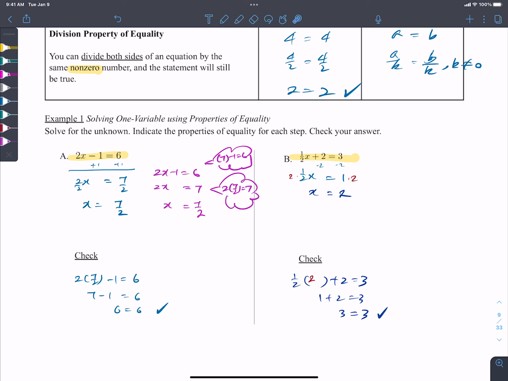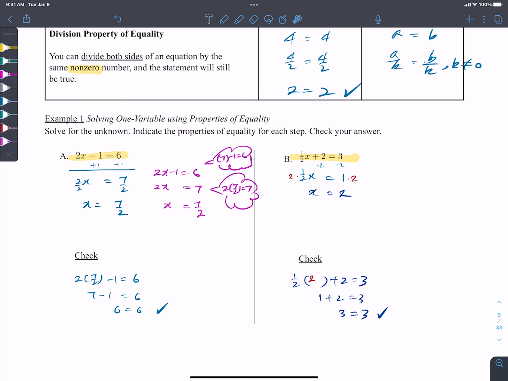Another way to think about this is 2x minus 1 equal to 6. You could think of 2x as, hey, what minus 1 equals 6? Whatever that is must be 7, right? So that's what we did. So 2x must be 7. 2 times what must be 7? 7 over 2. You could do that, but I think at this point, it's probably better to use a property